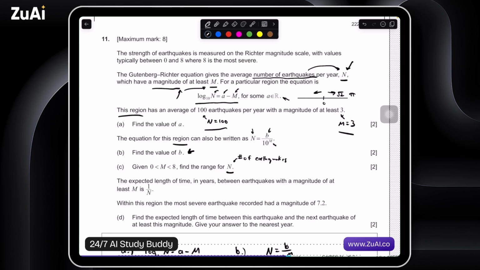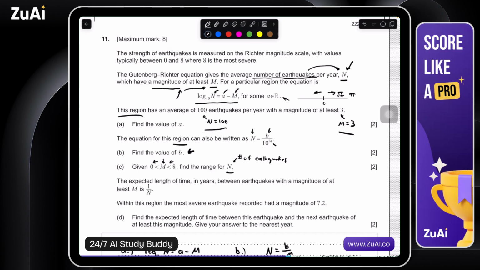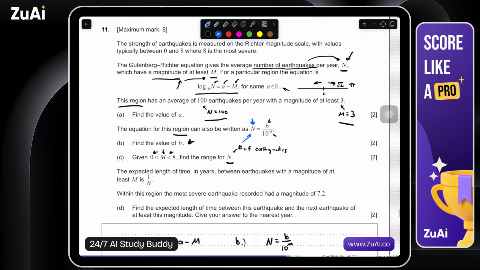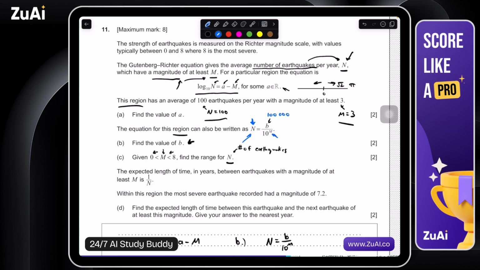So what do we have here? Given that the magnitude itself is greater than 0 and less than 8, find the range of n, the number of earthquakes per year. And this is where I said it kind of reads somewhat like a paper 2. In terms of finding n, we would have to go back to this equation right here. So n, remember, is the number of earthquakes. We found out what b was. B, we said, was 100,000. And m is, in this case, the magnitude,